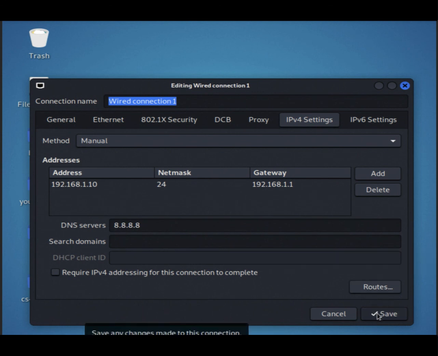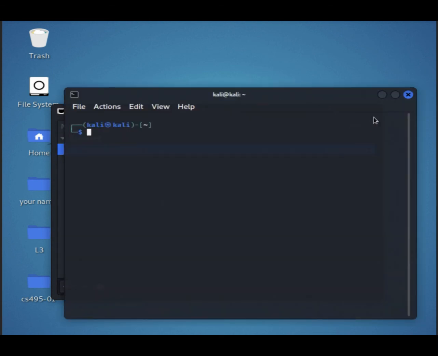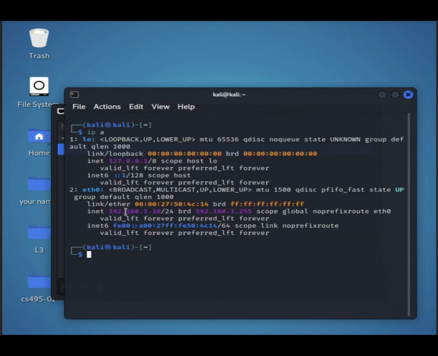Yeah. Then save. Then, yeah. Once you're done, you can check the IP address here. You have many ways to do that. IPA, there's one way to do that. Then this is your IP address. You see that here. In order to make sure that it works fine or not, we can ping, for example,